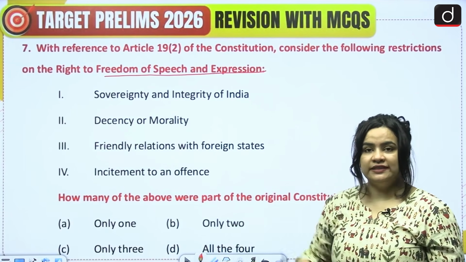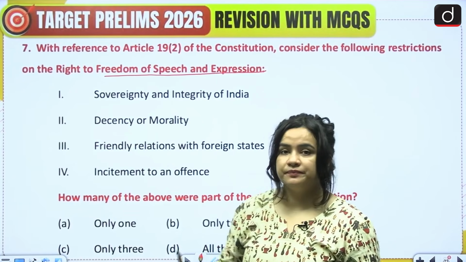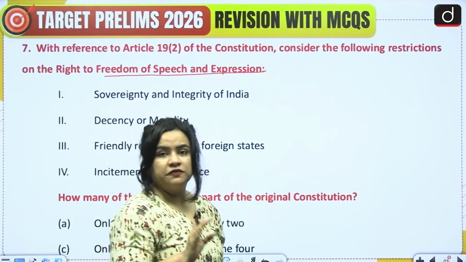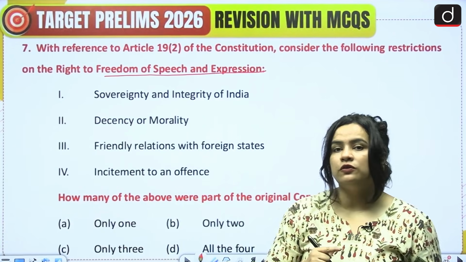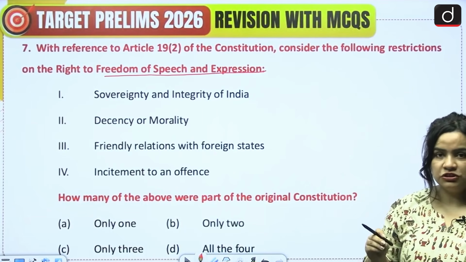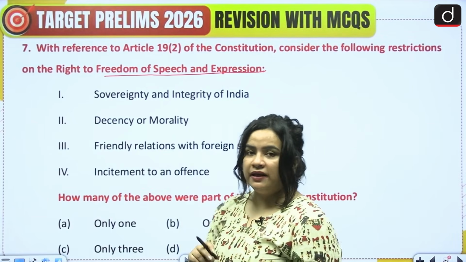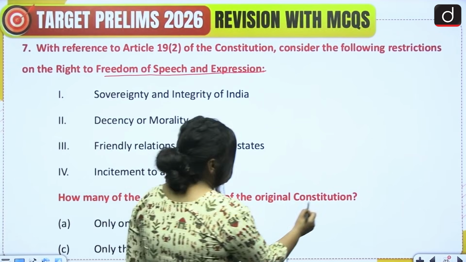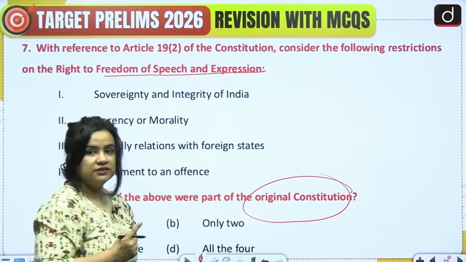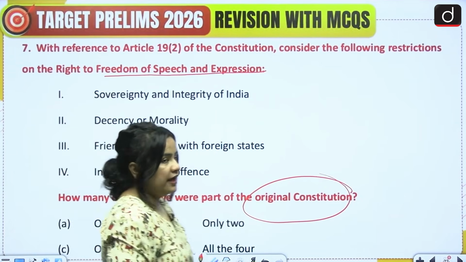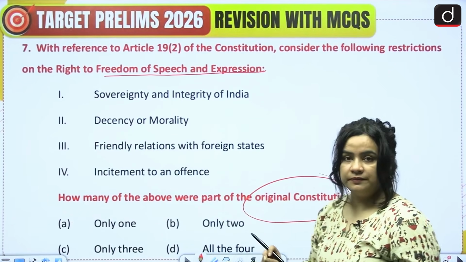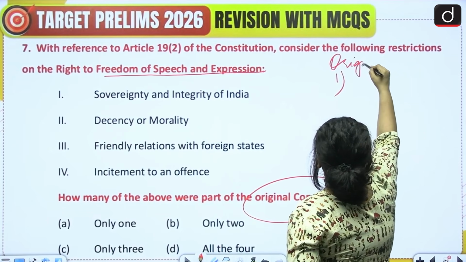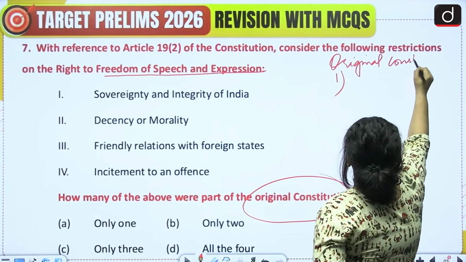But there are also various reasonable restrictions that have been imposed by the Constitution. There are a total of at least 8 such restrictions, but not all of them were a part of the original Constitution. Some were added later by means of amendments. Now the question is asking you, which of the above restrictions were part of the original Constitution? So let's first take a look at which of these were original. The various reasonable restrictions in the original Constitution were,